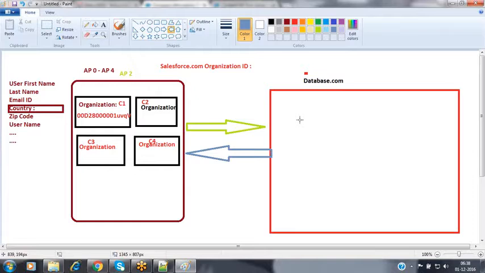So in this kind of scenario, how can we maintain the security here? For that, Salesforce has introduced many security features, which we can configure in order to maintain the visibility of the records between the users. For example, assume that I have the account table.